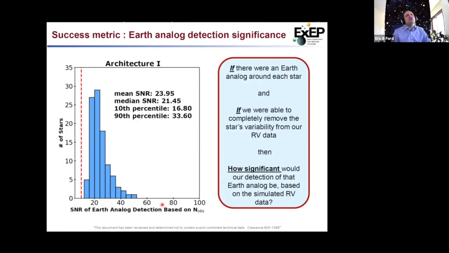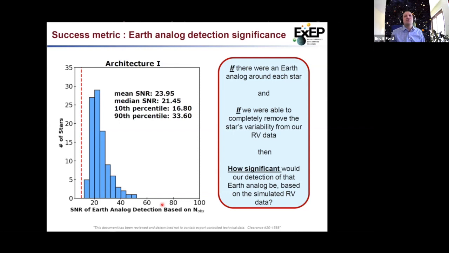And the conclusion was that a variety of architectures could get enough signal to noise over a 5 or 10-year survey to measure the masses of Earth analogs with a signal to noise of well above 10 for a list of over 100 stars that were good targets for these direct imaging missions, if we could completely remove the stars' variability from the RV data. And so if you want to be an optimist, you can say, we could have failed. We could have shown it would just be infeasible, even assuming we could solve the problem. If you want to be a pessimist, that's a fairly optimistic assumption about stellar variability.